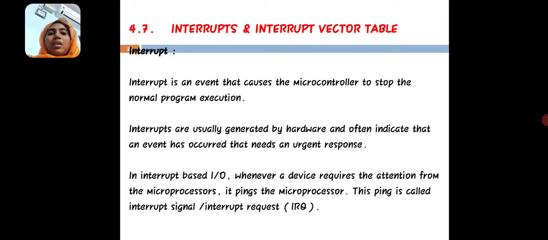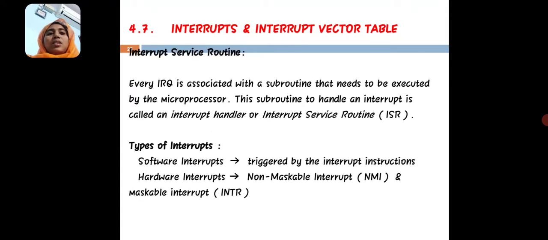This ping is called an interrupt request, IRQ. Every IRQ is associated with a subroutine that needs to be executed by the processor. This subprogram that handles an interrupt is called an interrupt handler or interrupt service routine.